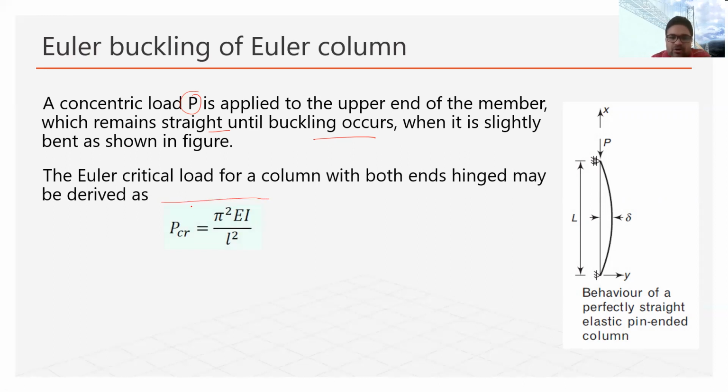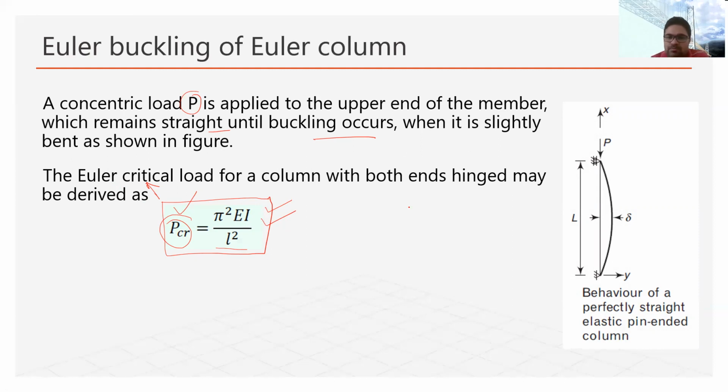And that buckling load or buckling capacity, the load at which the buckling will occur, will be called the Euler critical load. That is the formula he has given using calculation. We are not going into the derivation, like how this formula is arrived at, so I'm giving you the direct formula. With his derivation and his experiments, he has given this formula. We can find out the critical load at which the column will buckle, and this formula is mainly for the slender column.